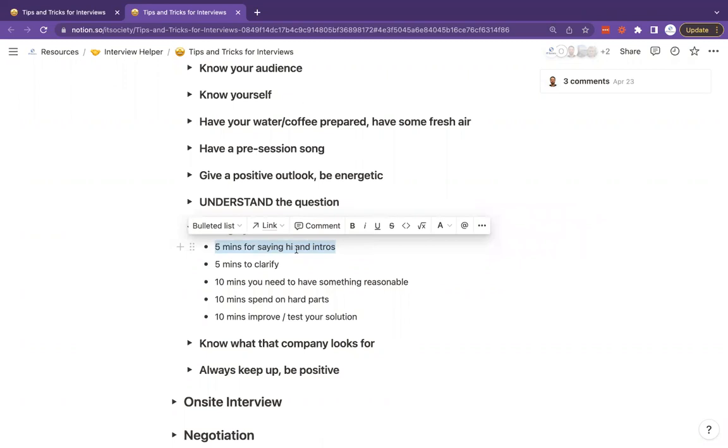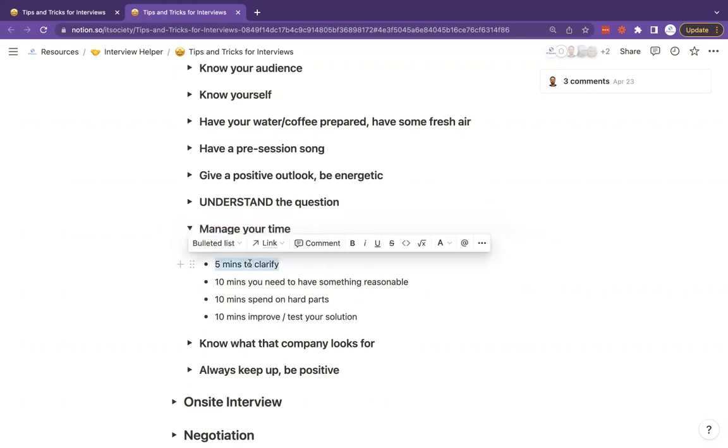It is just to make you comfortable, to make you ready to interview. It's not for evaluation. Even in Google's interviewer guidelines, I remember they tell their own employees that these 5 minutes are just for making candidates comfortable. Do not evaluate. Do not take any notes about that part. After that 5 minutes, when you hear the question,